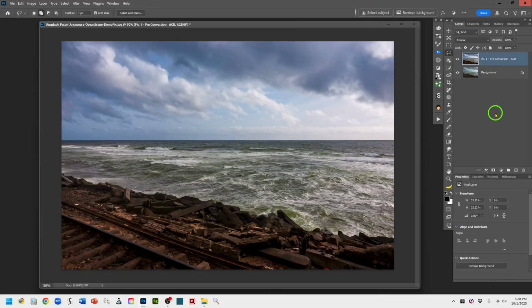Now, I want to do one other pre-conversion step, and you can do this later if you want, but I want to do this interim step here, which I typically just call a cleanup stage. So I'm going to go to the bottom of my layers panel, add a new empty layer, which is the box with the plus, and I'm going to use this to do some cleanups. And to do that, I'm going to use the remove tool, which is right here. It looks like a band-aid with sparkles,